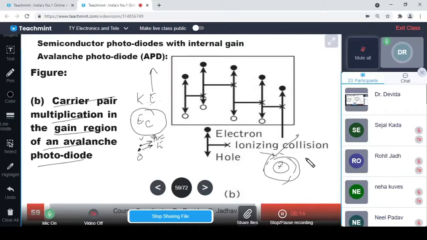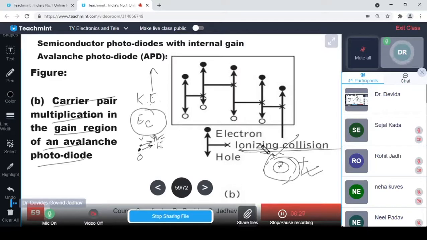This becoming positive is ionization of the atom. So this collision is an ionizing collision. Collision of the electron is an ionizing collision. It ionizes the material